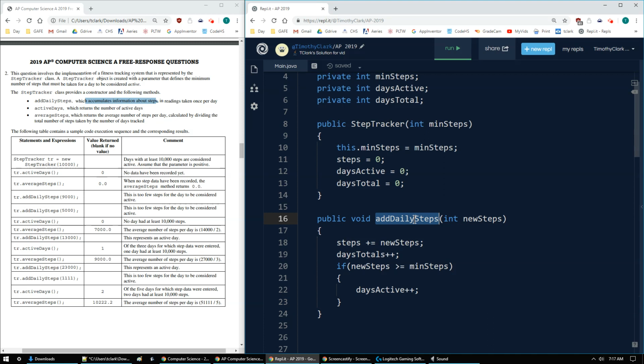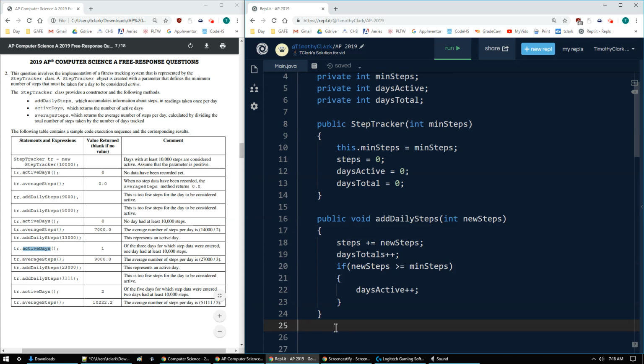So there's my add daily steps. First I add to the steps, I increment the total number of days, and if it's valid, or if it's at least the minimum, I'll add to the days active as well. So that's add daily steps. Next one is active days. So active days, it looks like it returns an int. Active days returns an int. Active days, yep. So I'll say public